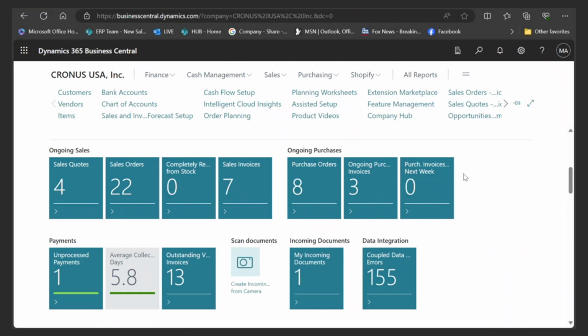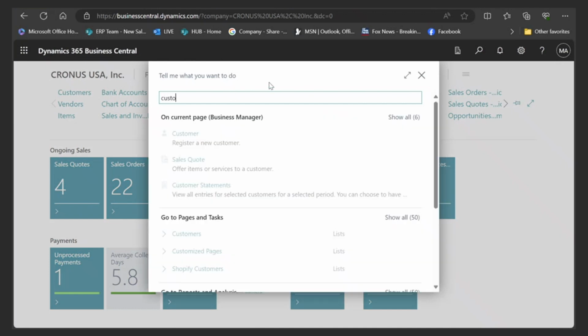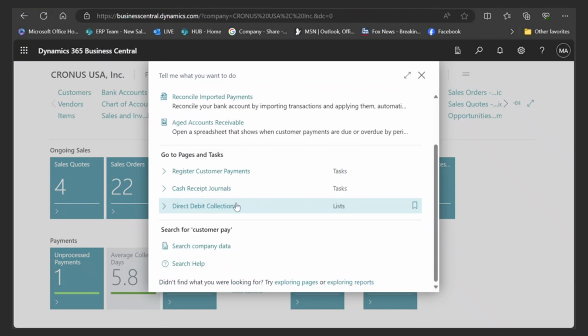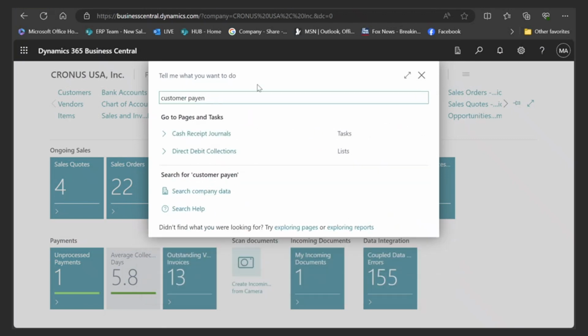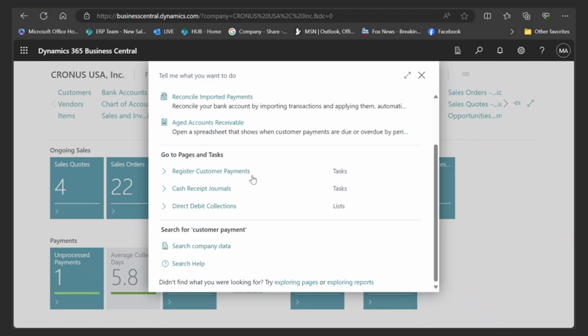So we also talked about the ability to search. And you saw me come in here. I searched for customer payment, and it comes up and it brings me all that great stuff. But I can also, let's say customer payment, and yeah, it shows me all those things related to customer payments, but it also will come down here